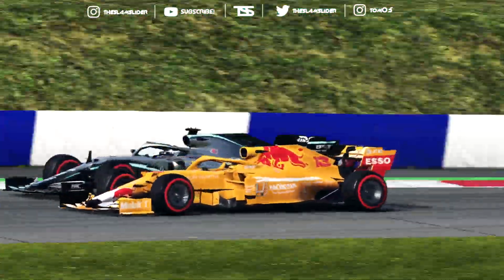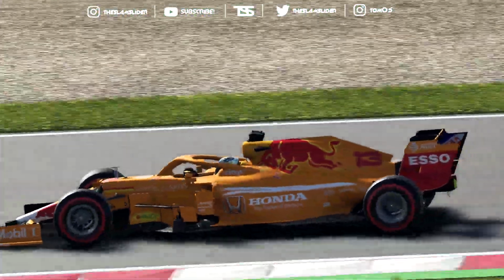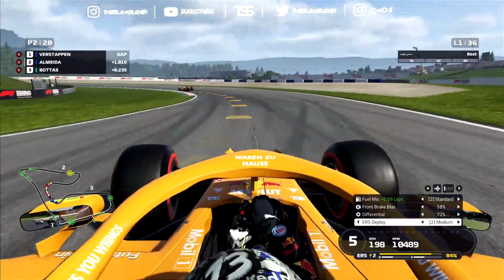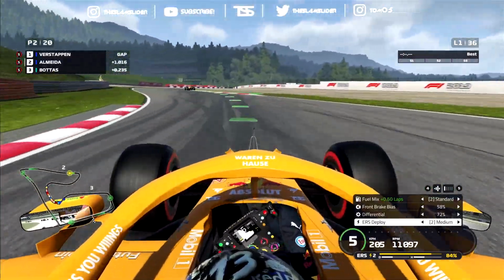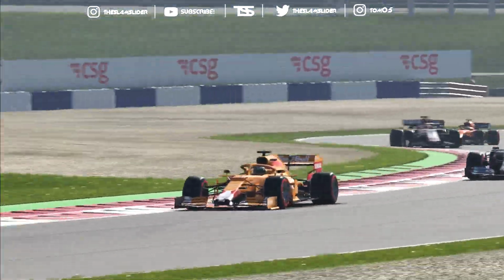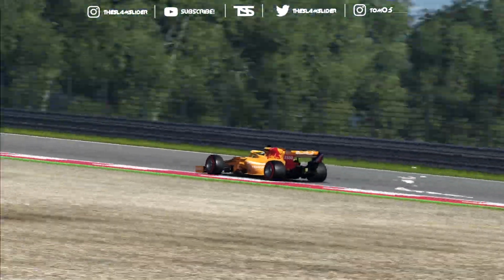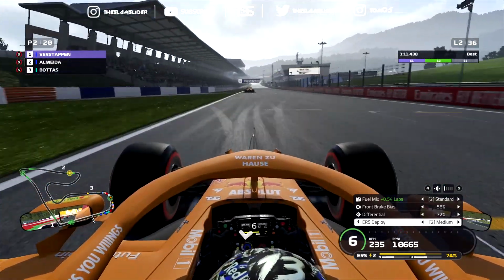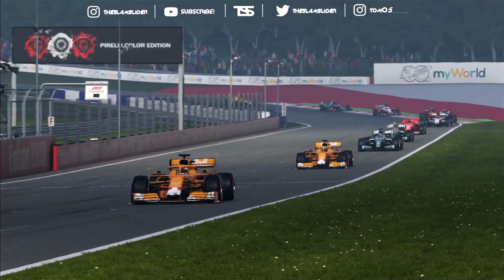Now we're going to have the inside line. Maybe we can squeeze a little bit. The corner is ours, and there you go. We are up into P2 in this Grand Prix, so it's been a very good lap, but look at the gap that Verstappen already formed. So just to see how powerful it is in this weekend, and in the last weekend it was really powerful. So now Verstappen is waking up in this maybe second, third race of the season, I should say,